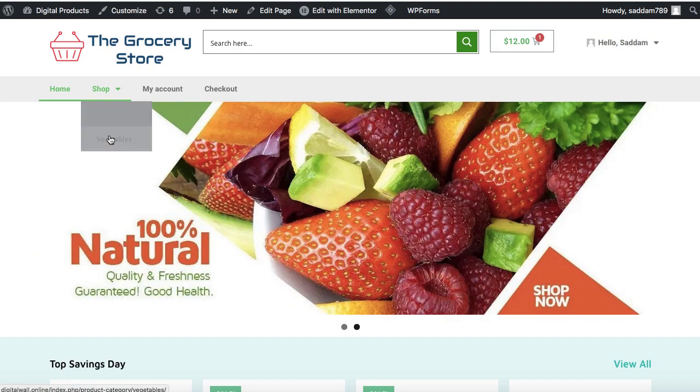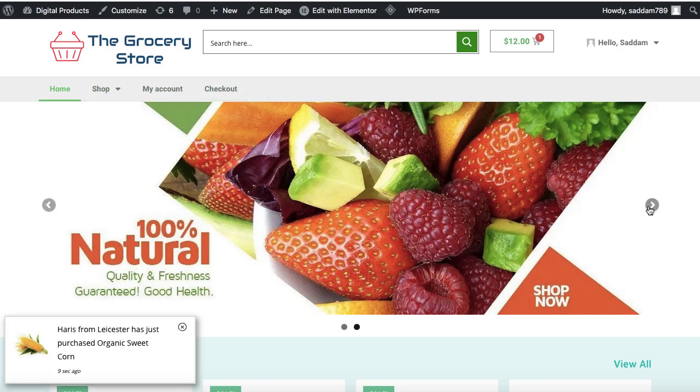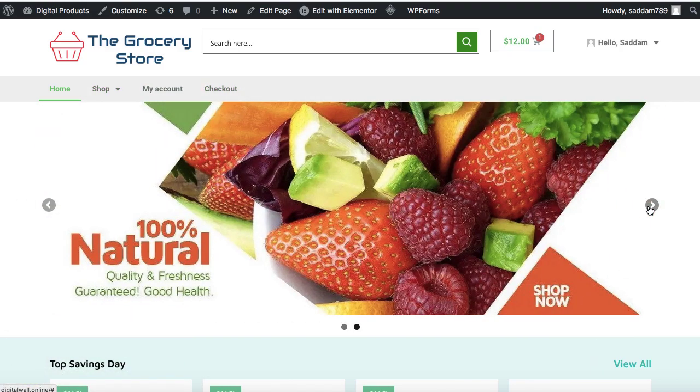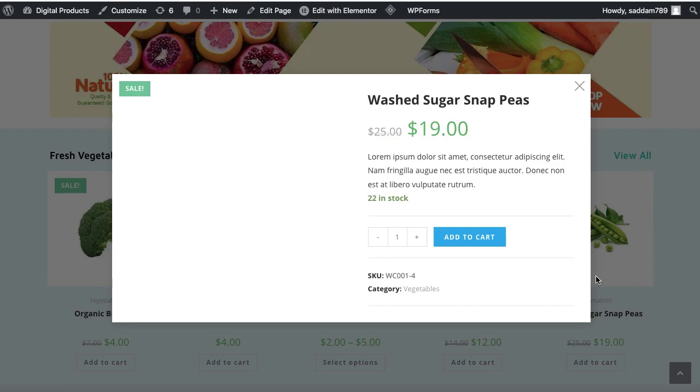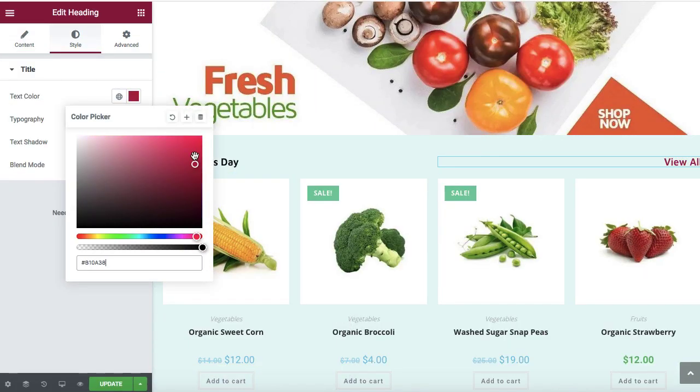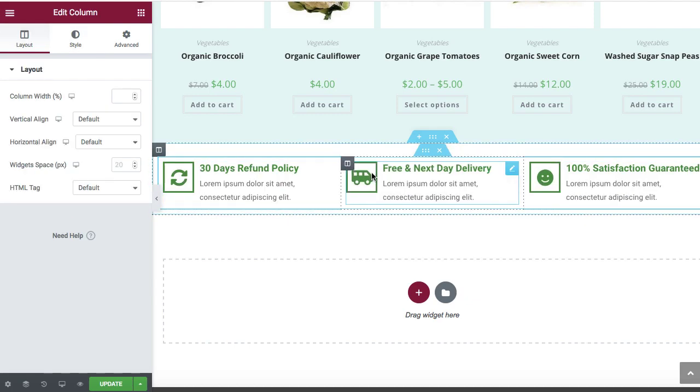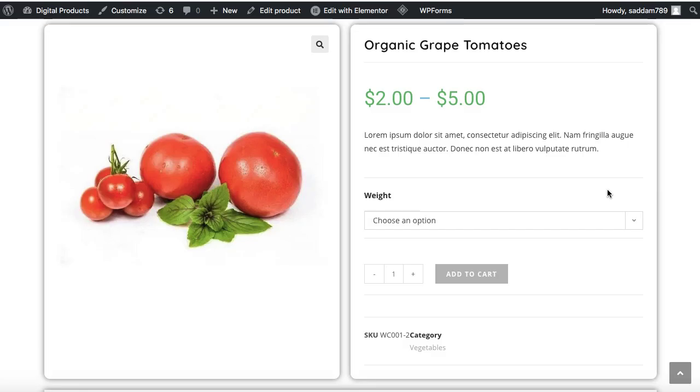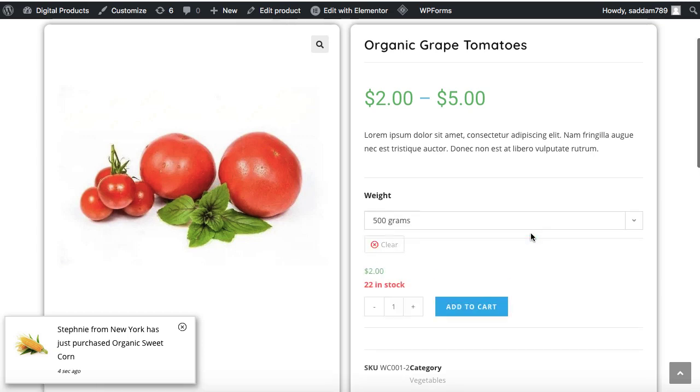I will teach you how to create menu. I will teach you how to make a banner slider on the home page. I will teach you how to design a brand new home page with the Elementor page builder, which is 100% drag and drop based. That means no coding knowledge is required. I will teach you how to create a variable product with several options for the customer to select.